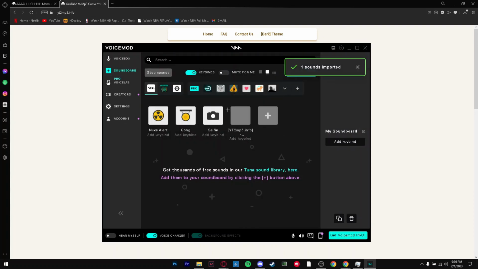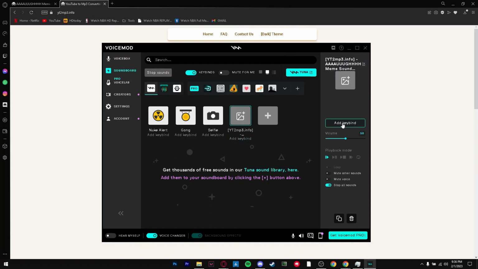And this has been imported. So this is right here. So let's add a keybind. And let's do this right here. So now whenever I press this,